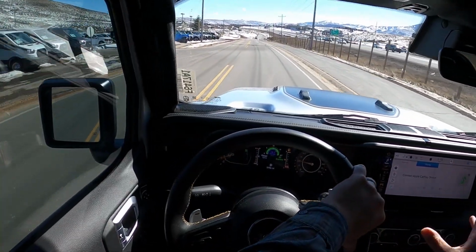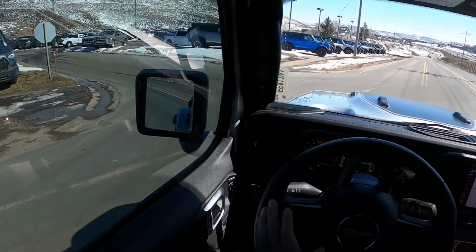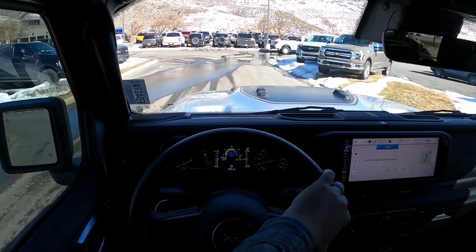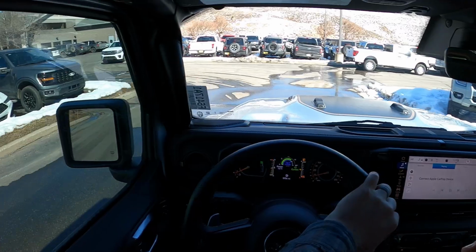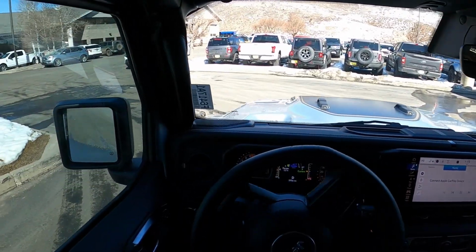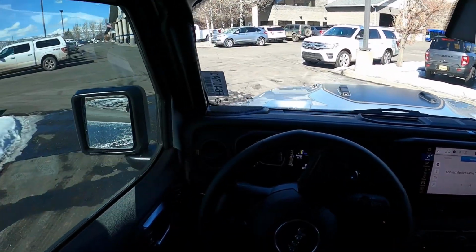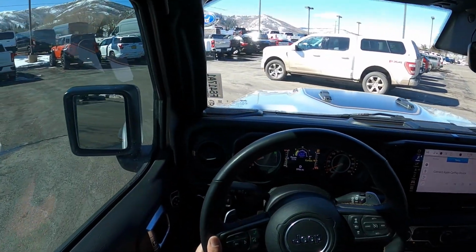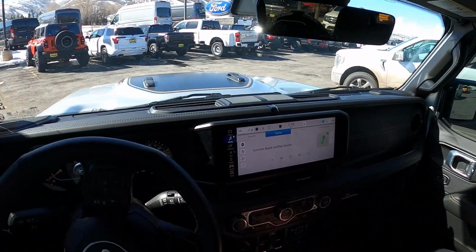So I mentioned earlier, these vehicles and the F-150 Raptor changed my perception of off-roading. When I first got into off-roading, I thought that you wanted maximum capability. Now, if you're going to be doing crazy stuff down in Moab, then yeah, you definitely want maximum capability, or for some of the rock gardens that are really difficult. But in terms of most off-roading that you actually go through, if you look at most trails,